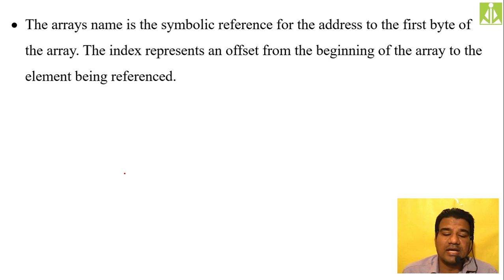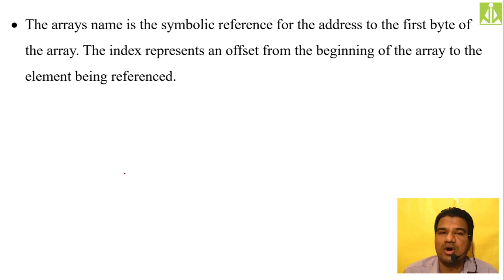The index represents an offset from the beginning of the array to the element being referenced. If you are accessing the 0th element, meaning the first element, you don't need to add any offset. So 0 means the first location itself.